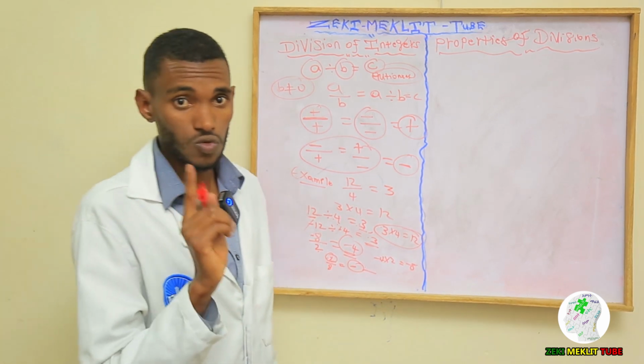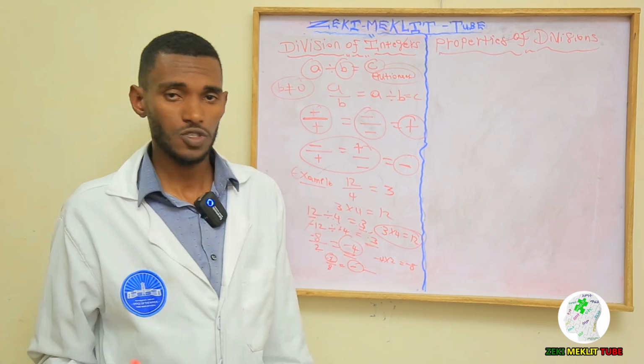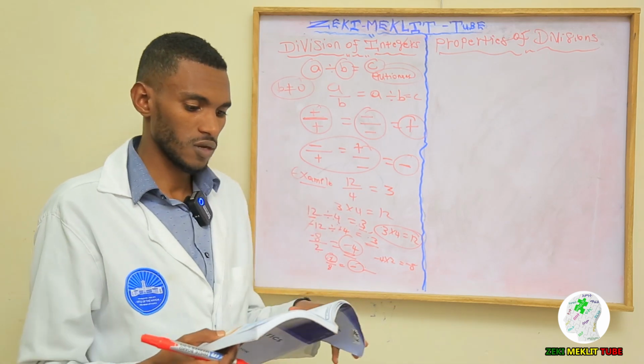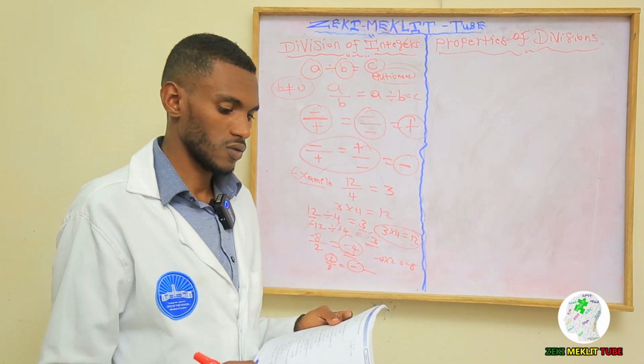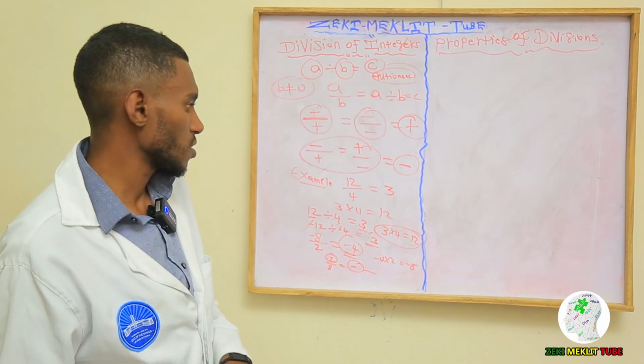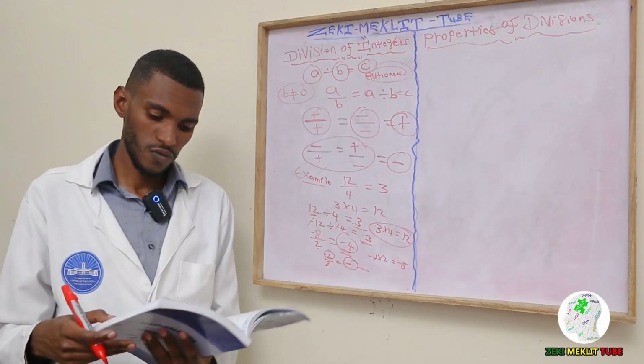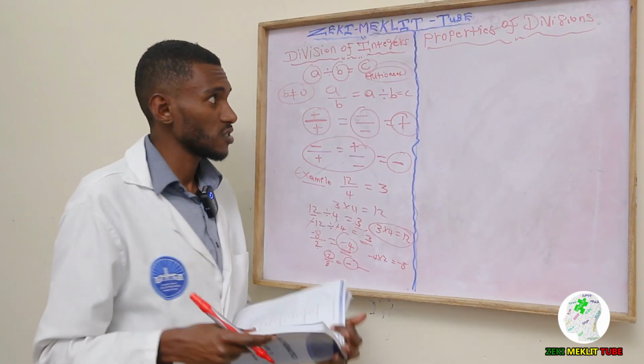So commutative does not work on division. We will see the property of division, okay? This is division of integers on dividend. Using dividend and divisors, we get the result, the quotient, okay? Let's go to the property of division. Property of division. Okay, the first property says,